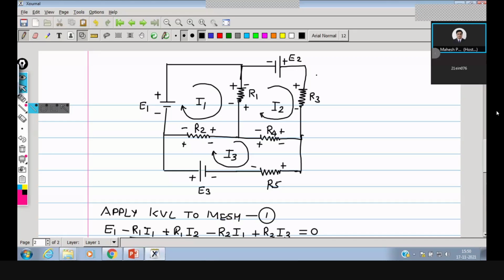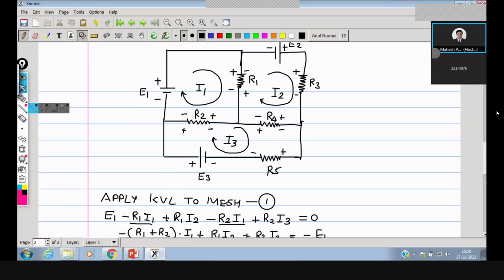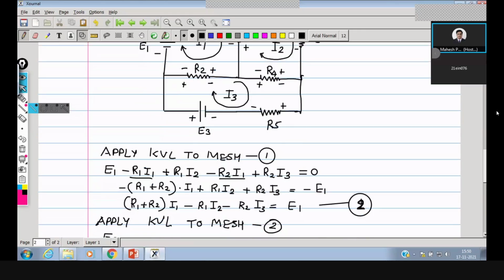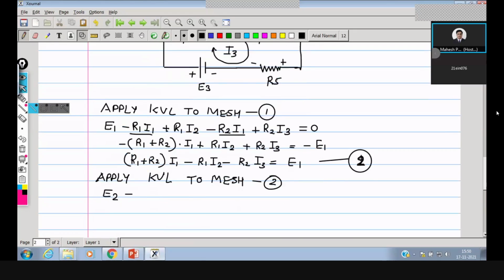Okay. So here, first of all, R3 is alone. So only one current is acting on it, and there is only a voltage drop due to I2 current. And it is from plus to minus, as the assumed direction is again clockwise from top to bottom. So in this case, we can write minus R3 I2. With me, all of you? Yes, sir. Okay. What about R4?